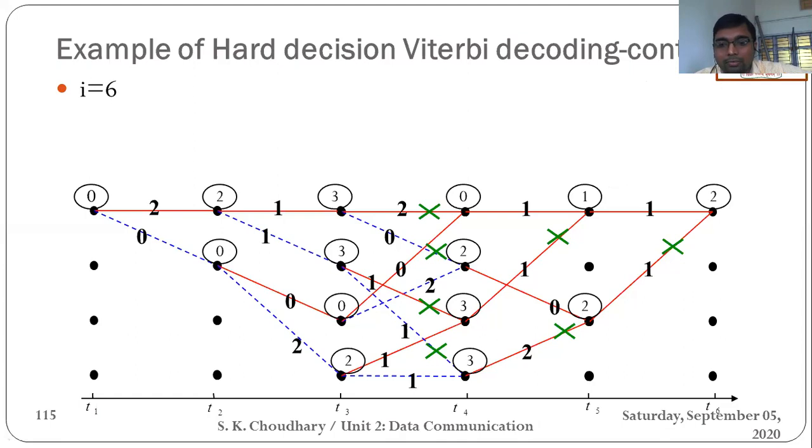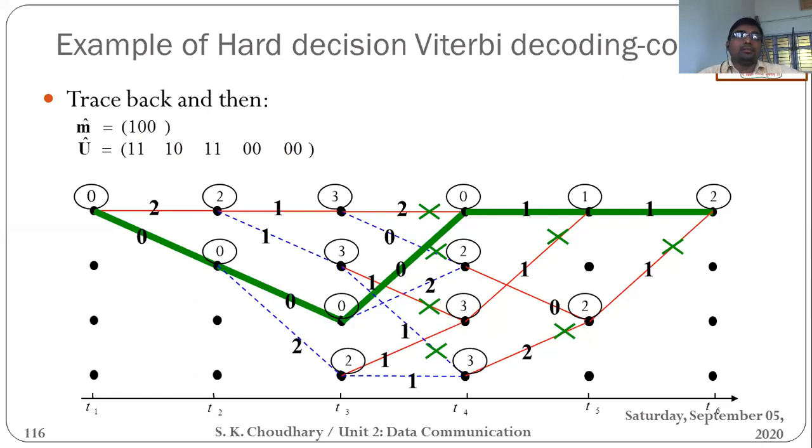I hope you have taken this screenshot. And the last one is this. This is the tracing of the best metric path, or maximum likelihood decision. From reverse tracing, from the right-hand side to the left-hand side, we have to find the corrected code word. Whatever noise is added in the received code word doesn't matter; we have to recover the corrected code word. So just take the screenshot of this.